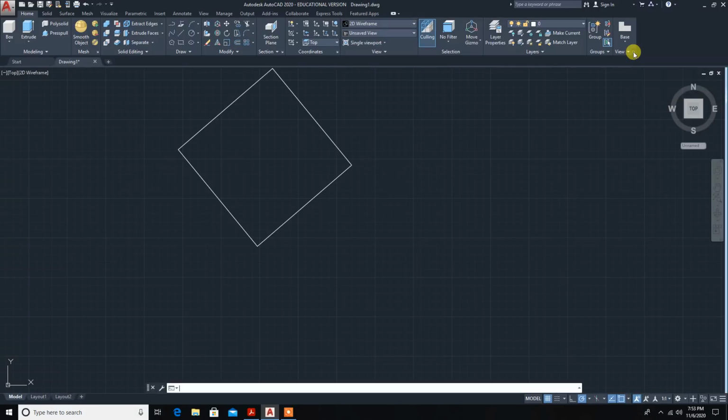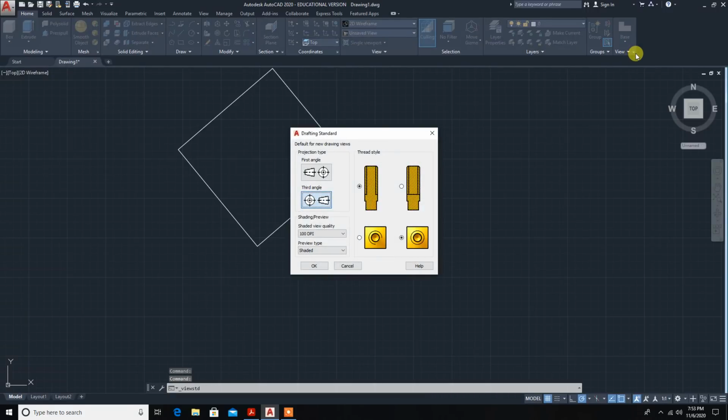So you can click here standards. When you click this arrow, you will observe the drafting standards dialog box. Here in default, in America they use third angle projection. In India we use first angle projection. So you have to select first angle projection.